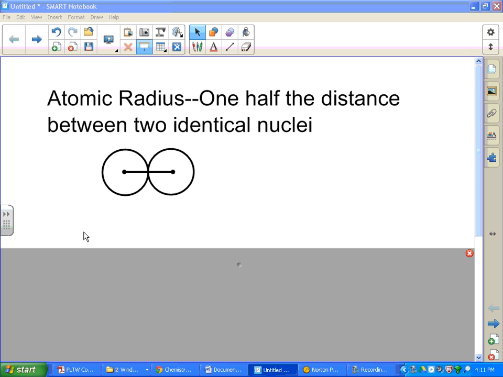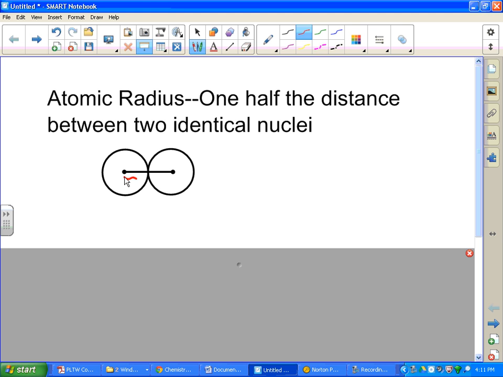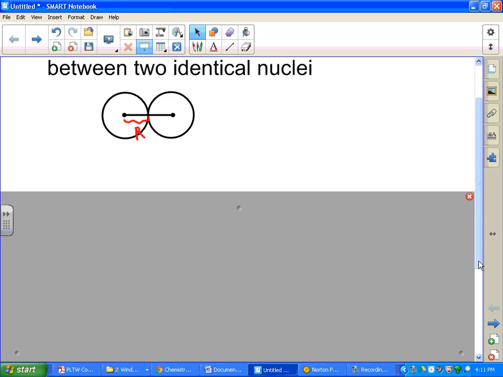So atomic radius is defined as 1/2 the distance between two identical nuclei. If you think of an atom like a sphere, then the atomic radius is from here to here. That's pretty straightforward. What determines the atomic radius is pretty simple. Just remember,